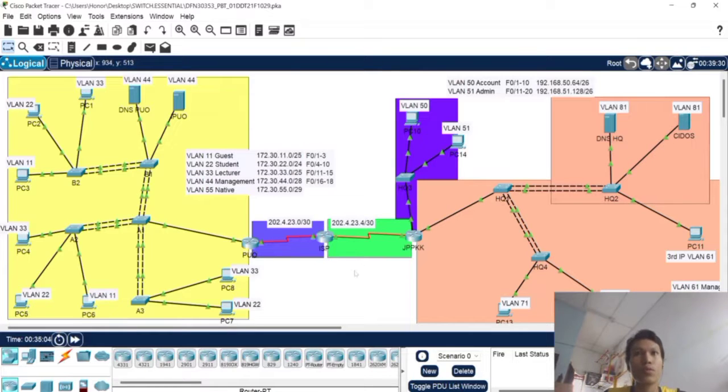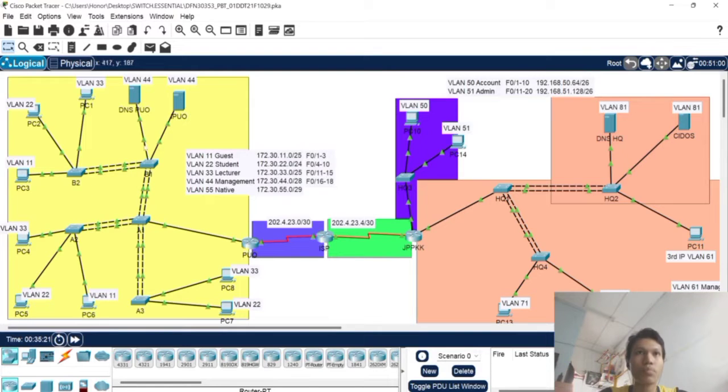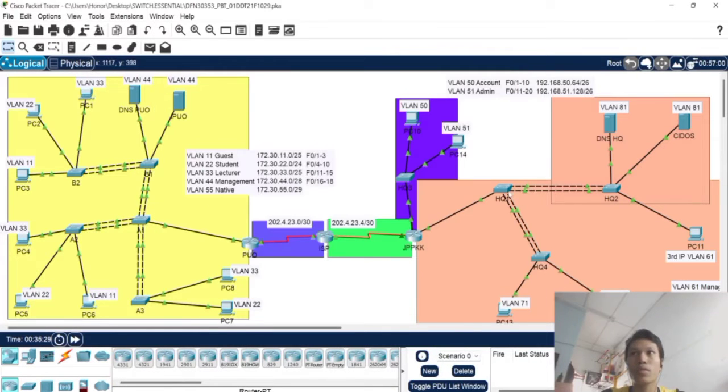So today I would like to present to my lecturer, especially what I know of my PPT. To start this up, I would like to tell you about the basic configuration that I have done in this topology. For the end devices, I have applied the IP address to each. And for the intermediary devices, switch and router, I have configured the host name of each based on this name: V1, V2, A1, A2, A3, and in the GPKK we have HQ3, HQ1, HQ2,